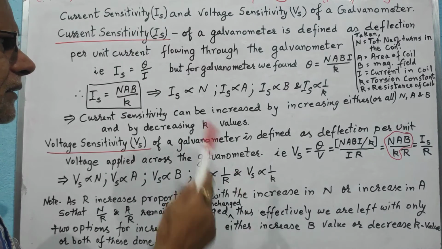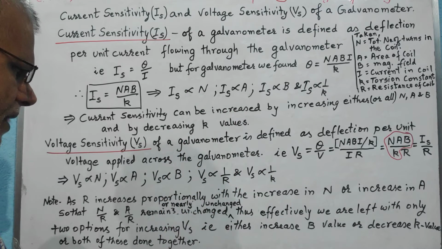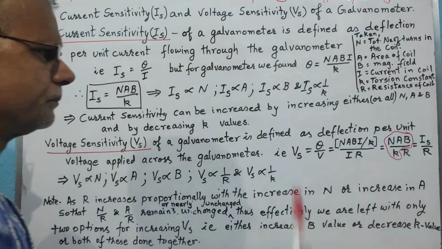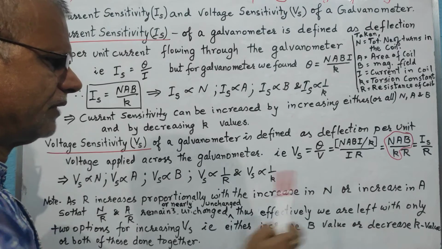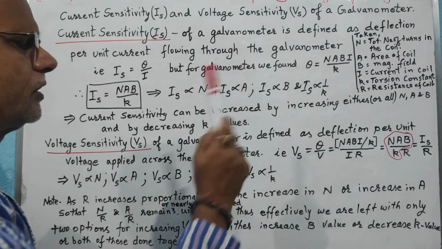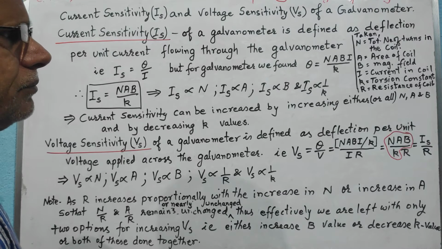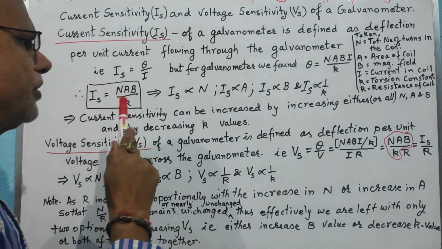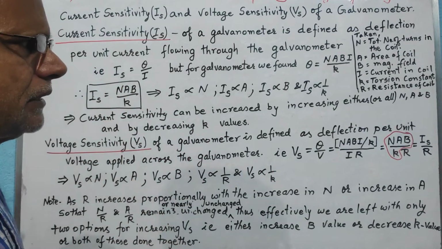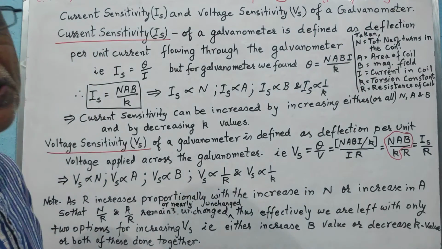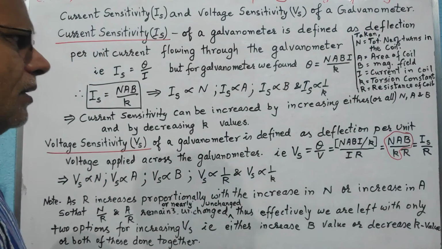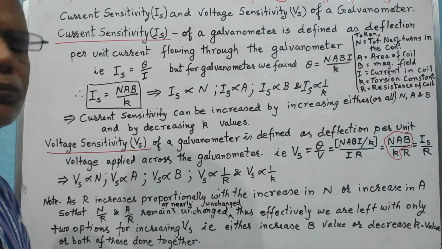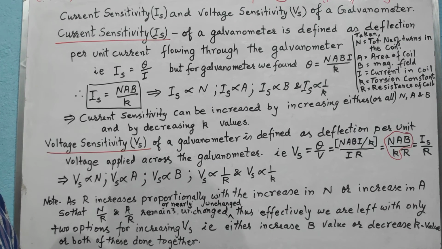But apart from this, we still have two more options left, that voltage sensitivity can be increased by either increasing the value of B or decreasing the value of K. So this torsion constant is a vital factor. You can bring some change in current sensitivity as well as voltage sensitivity by decreasing the torsion constant of the wire. And magnetic field is always there for your help, but more magnetic field needs more energy, and so these are the